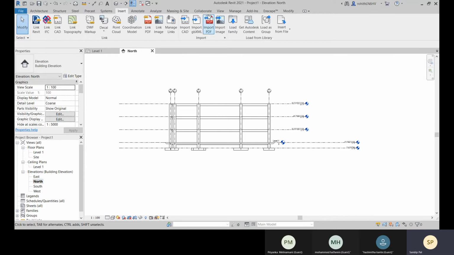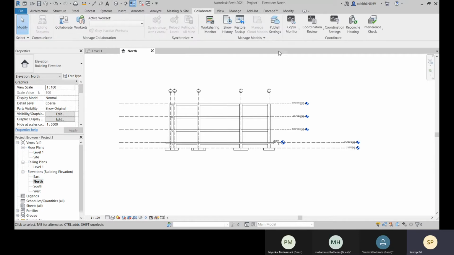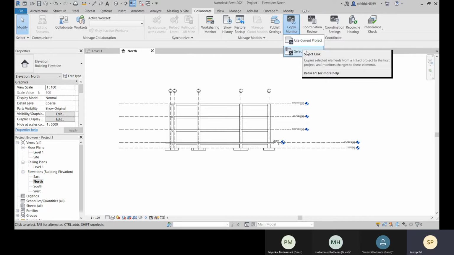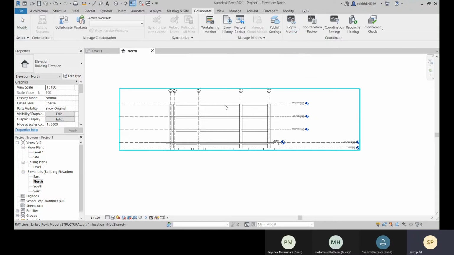So let's go to this collaborate tab, and there you have this copy monitor. Okay, now what you are going to do is select link, because this is a link file, and you are doing it within your current project, to monitor, so that you can use this current project. Let's go for this select link, and this is your link file.